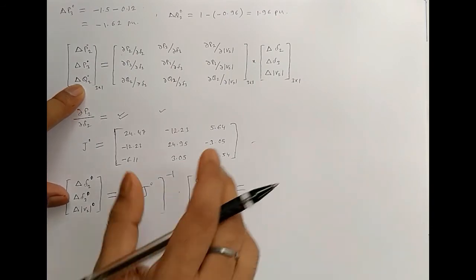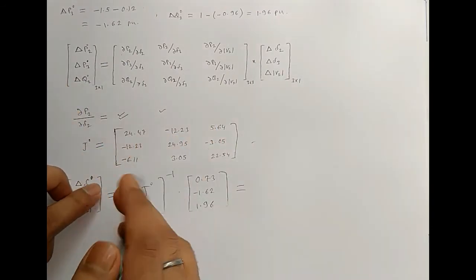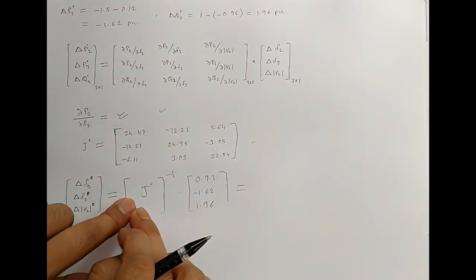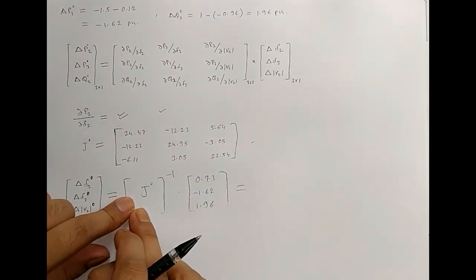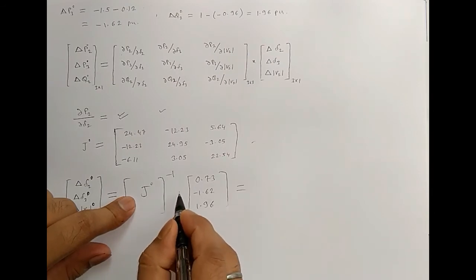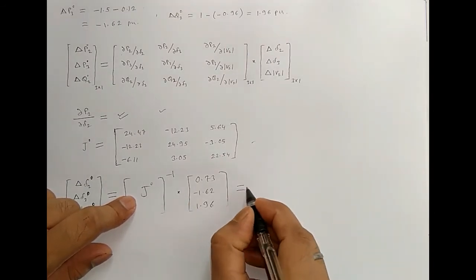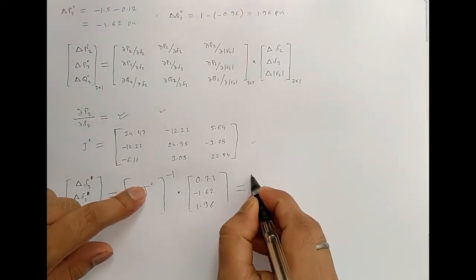Then put this matrix here and take the inverse. After taking the inverse and multiplying with this vector, you will get the final